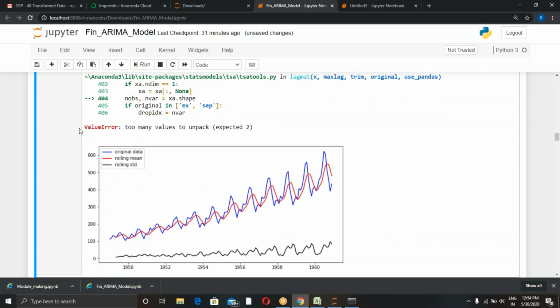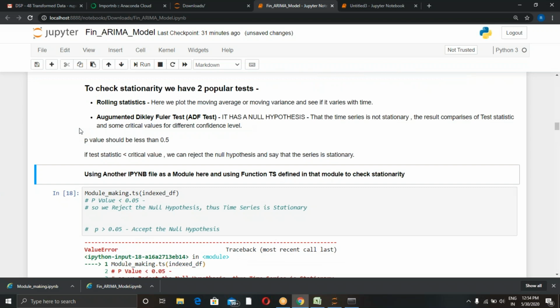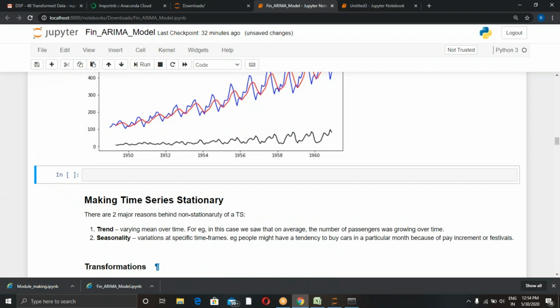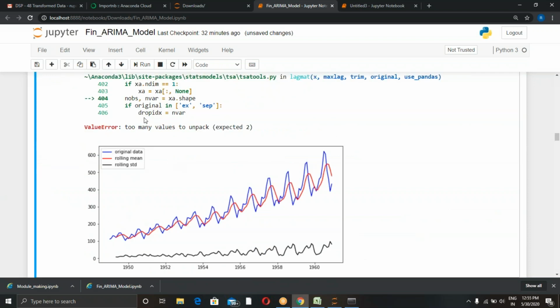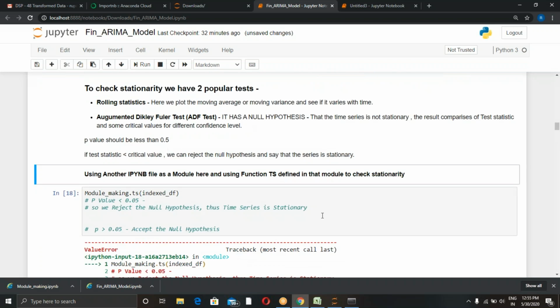Show me the above code. Go to module making. One second. Show me the error one. Only the error, not the code. Scroll down a bit.